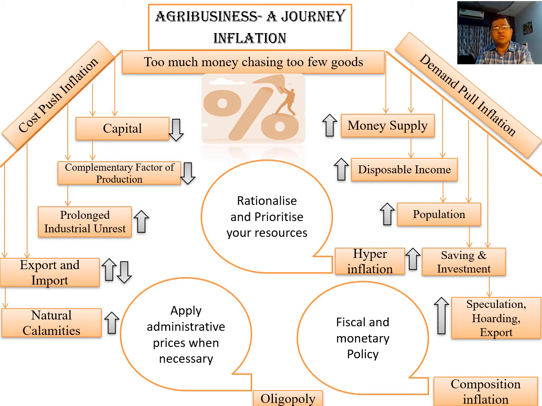The next category is due to the increase in export and decrease in import. Suppose you are producing a product and exporting it to different countries, and simultaneously you do not import things to satisfy the country's population. In that context also, your supply or stock limit in a particular country will decrease, and ultimately the price of the commodity will increase. Many times, due to an increase in natural calamities, the supply you have produced will go down, and ultimately the price of the product will increase. That is called cost push inflation.